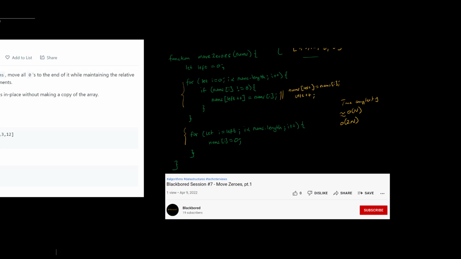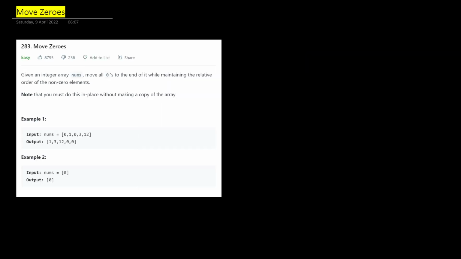So let's look at the optimal solution. What if, instead of overwriting what we did last time, we actually swapped? Same idea: have a left pointer here and just have the normal i running, and whenever you come across a number that is non-zero, just like last time, when i is at this new point, we just swap 1 0 0 3 12,